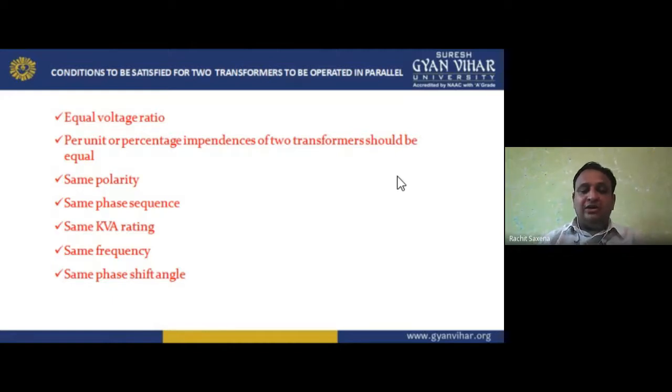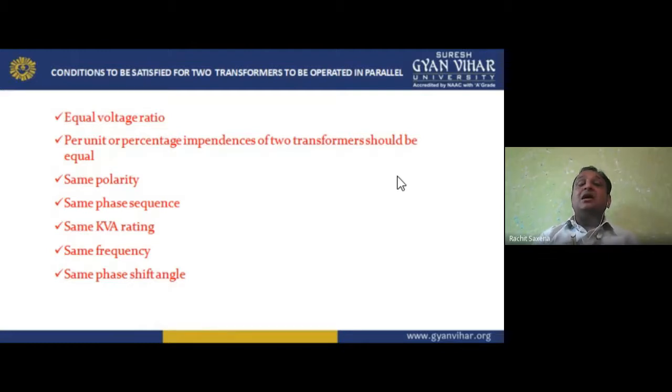For example, copper loss is the representation of current and iron loss is the representation of voltage, because we are getting the losses with the help of flux, and flux is created by the current. So one loss represents the voltage, another loss represents the current. So if both losses represent each other, voltage and current, we can't say we are getting the right voltage value. The unit of voltage is volt, and the unit of current is ampere. So we combine these two, that is volt ampere. So same kVA rating we have.